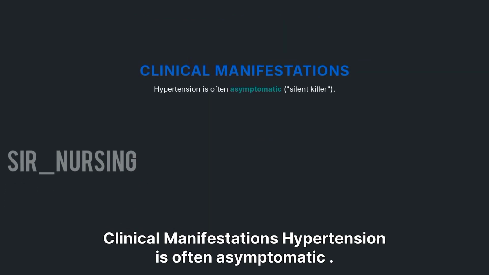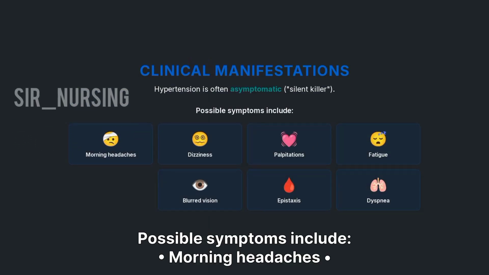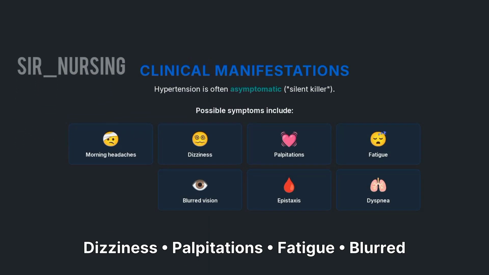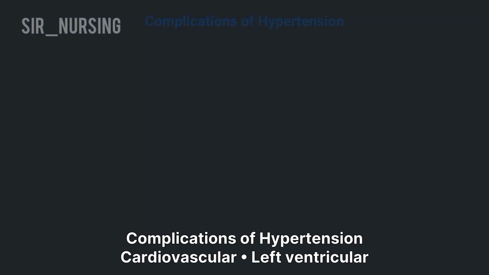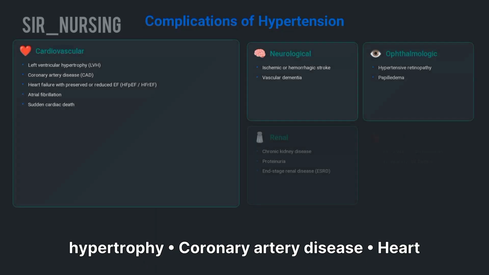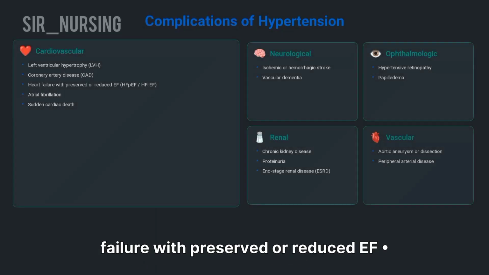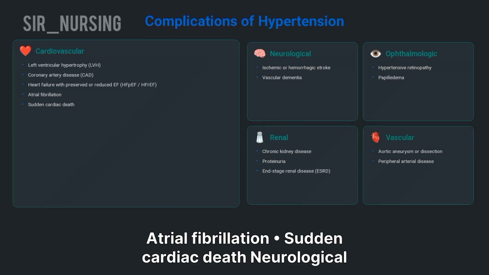Clinical manifestations: hypertension is often asymptomatic. Possible symptoms include morning headaches, dizziness, palpitations, fatigue, blurred vision, epistaxis, dyspnea. Complications of hypertension: cardiovascular, left ventricular hypertrophy, coronary artery disease, heart failure with preserved or reduced EF, atrial fibrillation, sudden